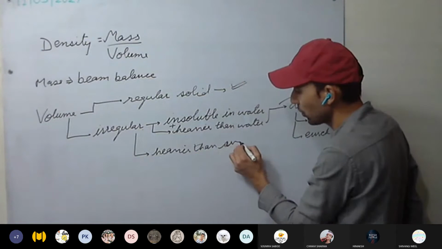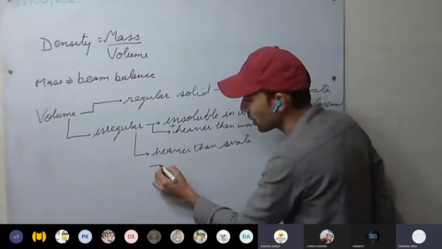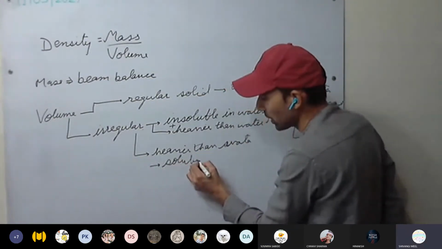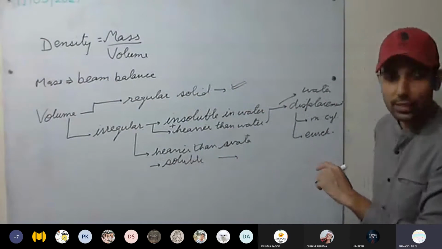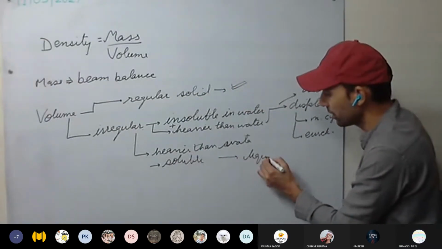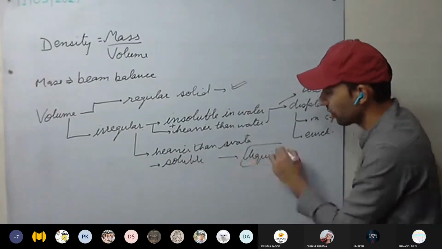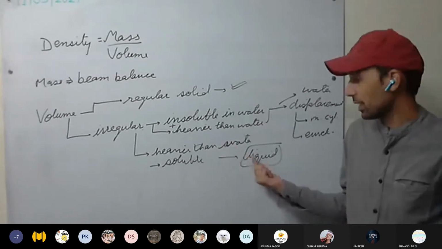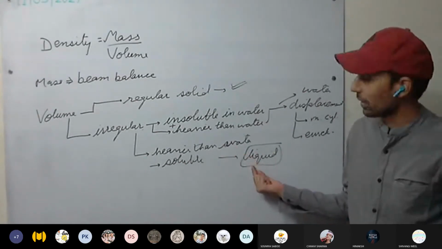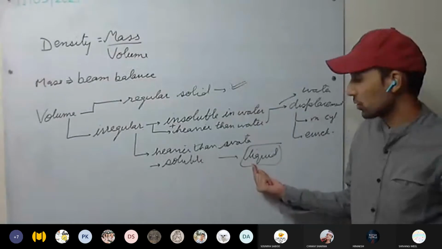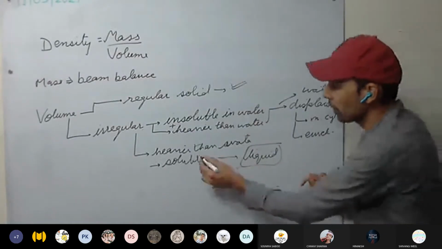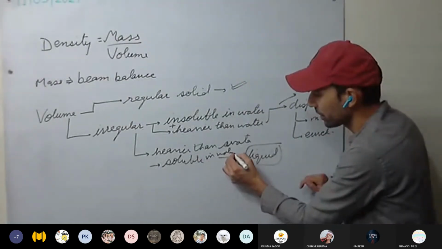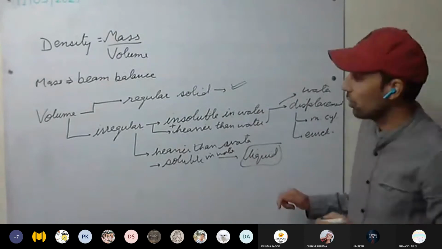It is heavier than water, but soluble. So here we have to change the liquid. That liquid will be some other liquid in which the solid is insoluble as well as heavier than that liquid. If it is soluble in water, this is clear. Now